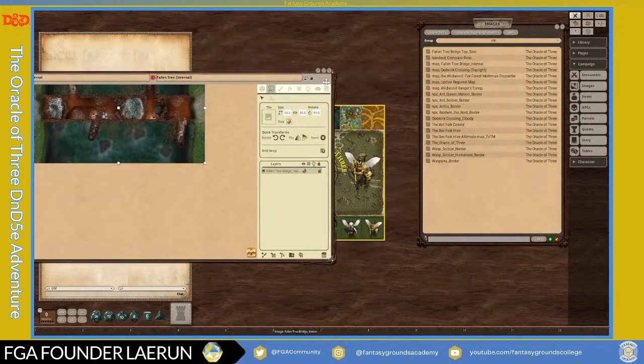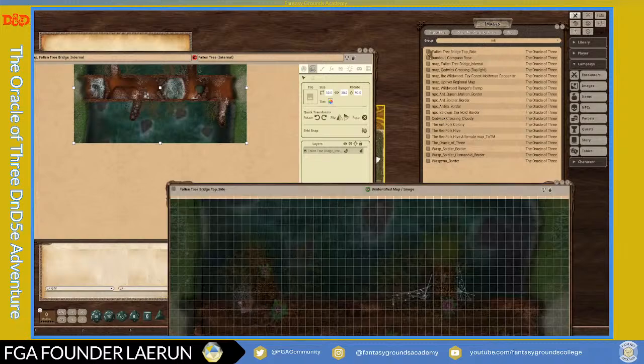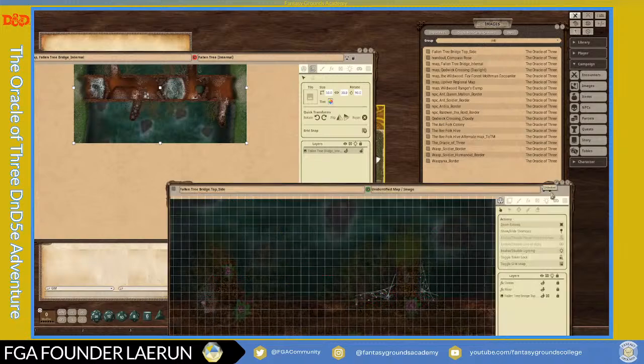Another thing I noticed is on this topside map, the fallen tree, I didn't title it the way I should have, so I'm going to go back and say map, comma, fallen tree topside, and then over here I'm just going to say fallen tree. And that way, I'll say fallen tree bridge, because that's essentially what it is. And then I'm just going to hide the title, so when I share this image, it's not going to set